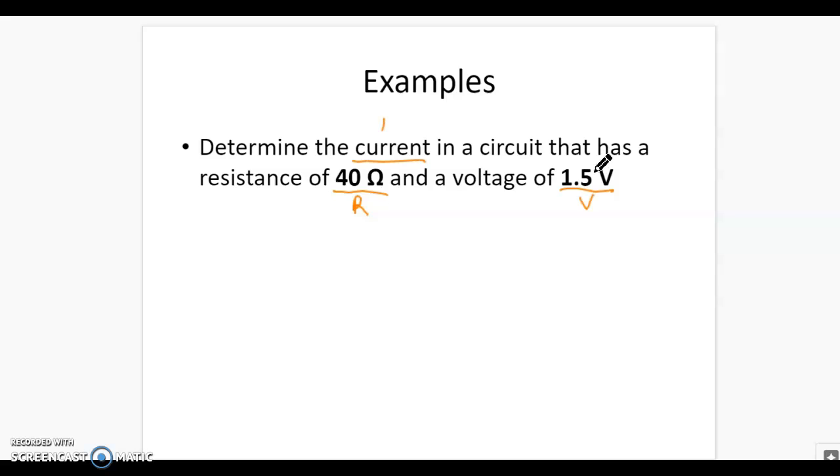And it's the current that we don't know and that we will solve for. Then it's our equation. I equals V over R. We put things in where they belong. We are going to solve for the I. We put the 1.5 in for the volts, the 40 in for the resistance, and then we can solve it out. When we divide 1.5 by 40, we get